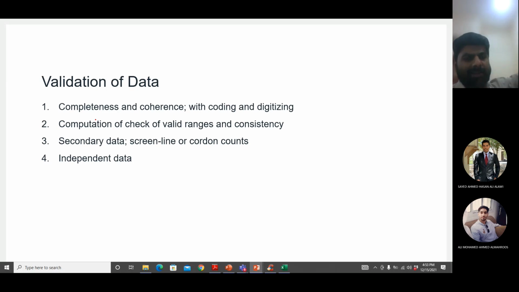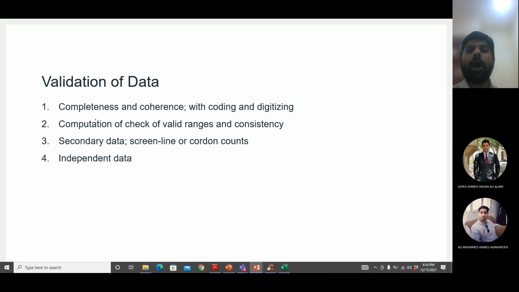Okay, so you collected data from very old people, and then you did not collect any value for people between 40 and 50, and then you came to the young people. This is not coherent. This is incoherent. Okay, so coherence means that there is no gap in the data. All types of people are part of the data and without any gap.